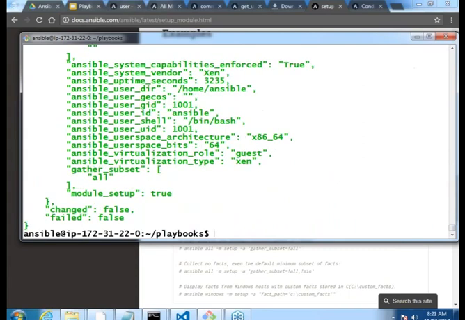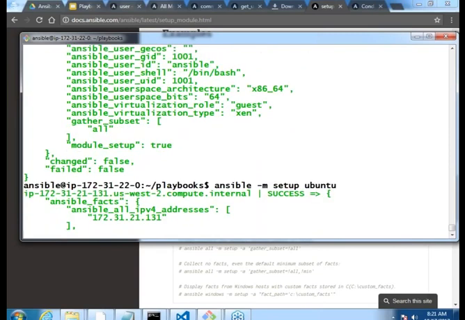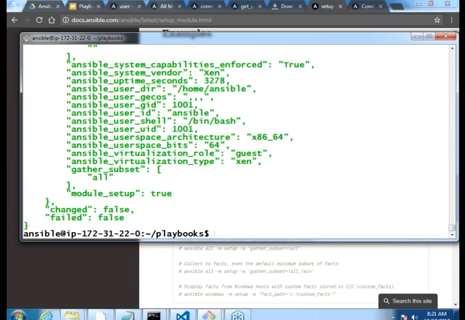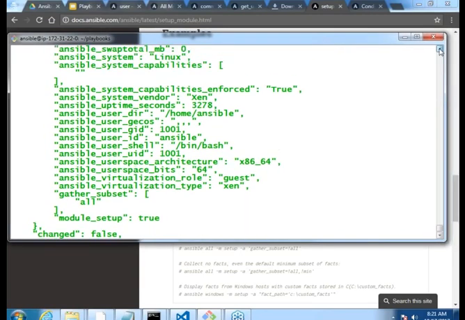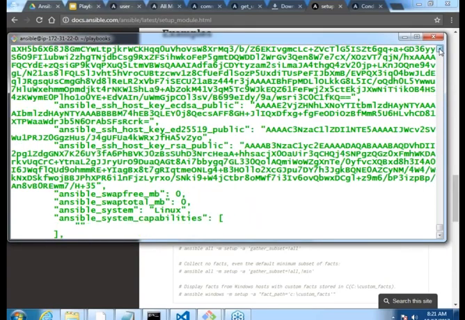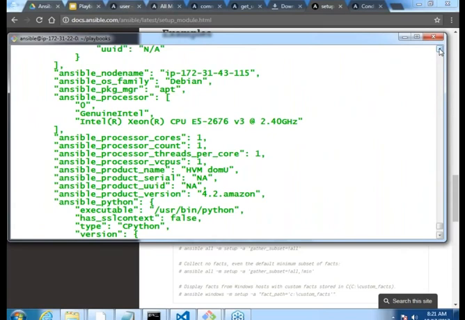Now ansible -m setup on Ubuntu, which is the other group we have, if I'm not wrong. So in case of Ubuntu, I'm getting this variable ansible_os_family as Debian, and in case of Red Hat, I'm getting that value as RedHat.